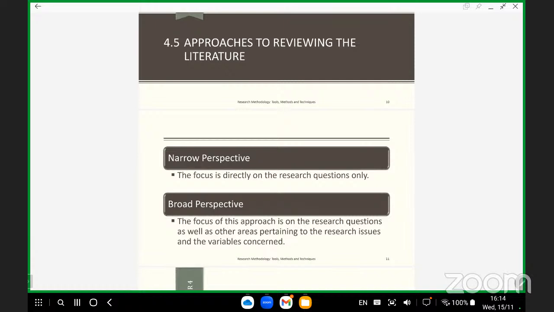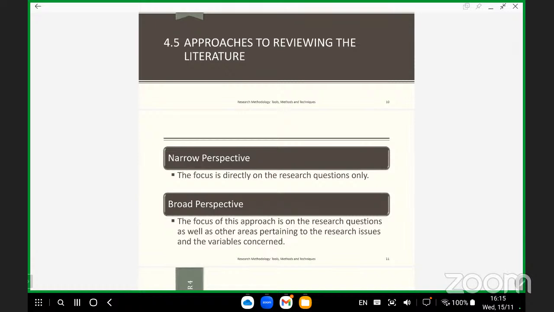Okay, so approach to reviewing the literature, ada banyak cara. On my part, my perspective, my opinion, banyak sangat alternative ways untuk you susun you punya heading of your literature tu. Macam mana mau membentuk penceritaan di dalam literature chapter 2 ni. Jadi the focus of course lah, salah satu yang paling common,